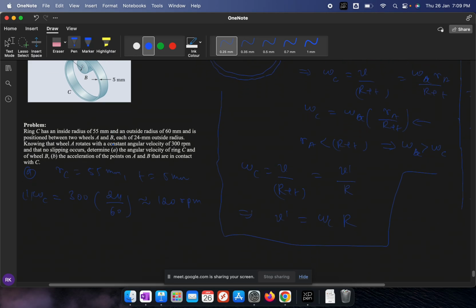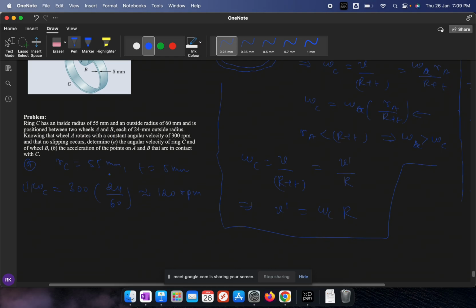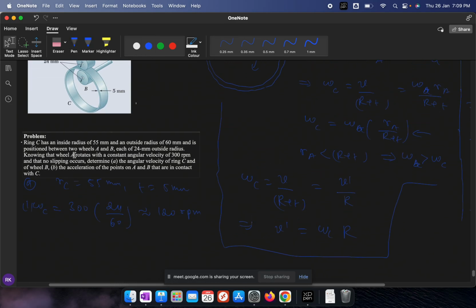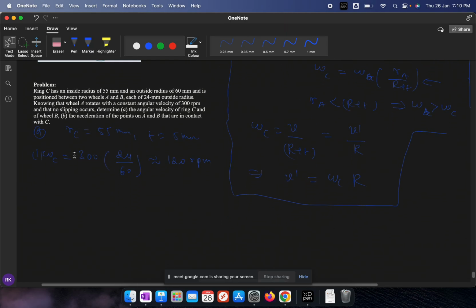Tell me. Now let's solve it. So we need to find the angular velocity of wheel B. So this is the wheel B. Okay, we have to find omega B. But to find omega B we need VB. But we don't know VB. But whatever will be the velocity of this VB,